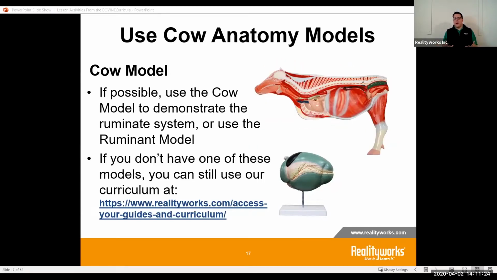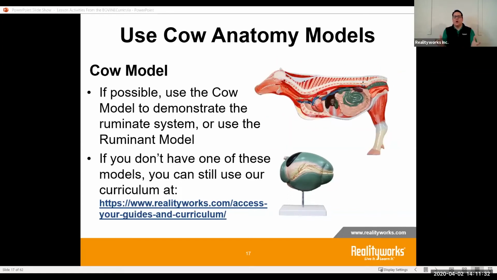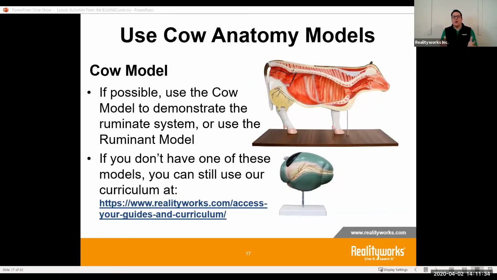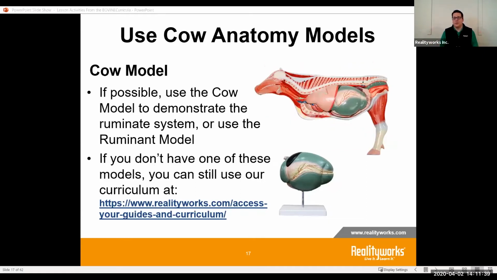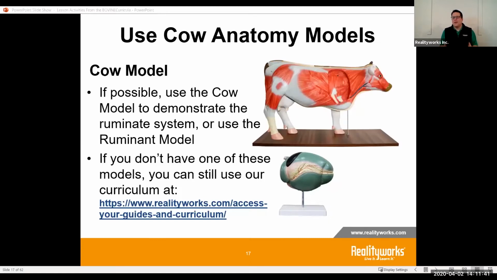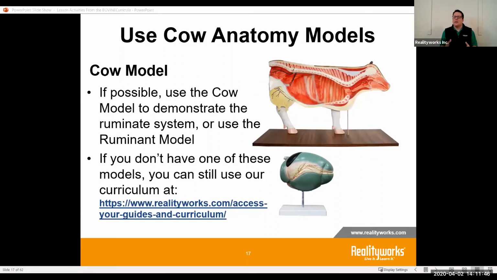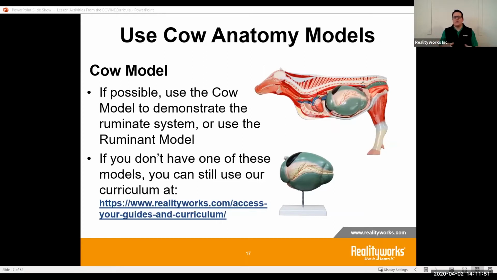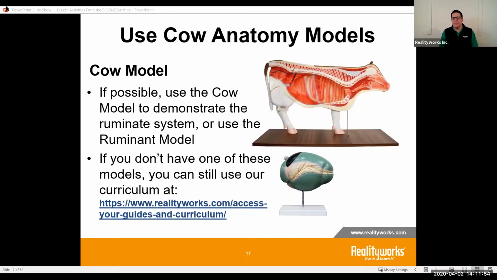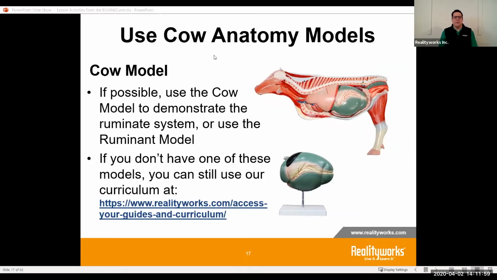If you have our cow model or ruminant model, and you have the ability to do a Zoom meeting or a video presentation to your students, being able to show that and use it in your classroom and how you are teaching today might be a real big benefit. Again, if you don't have one of these models, that's okay, because the curriculum will still walk through and use it. It's just a nice piece to demonstrate with, but it's an option for you if you have it and are able to use it where you're at.